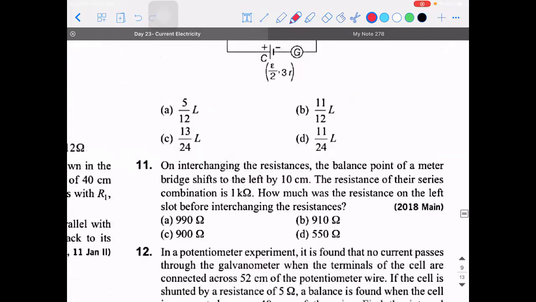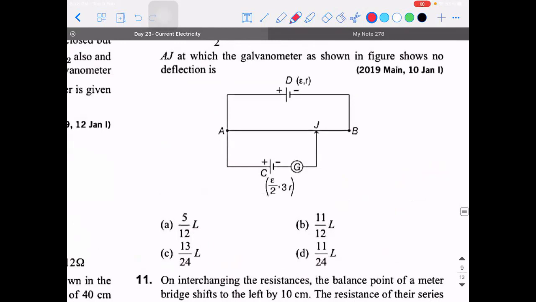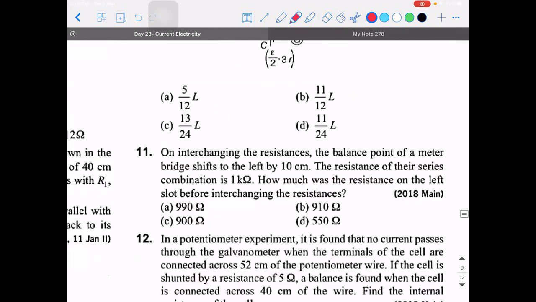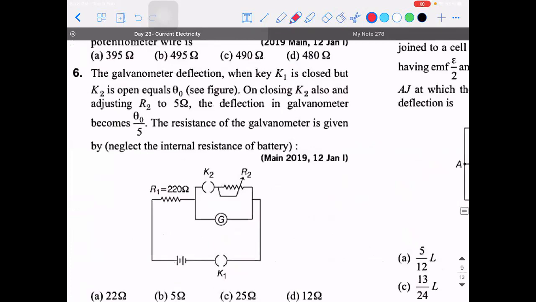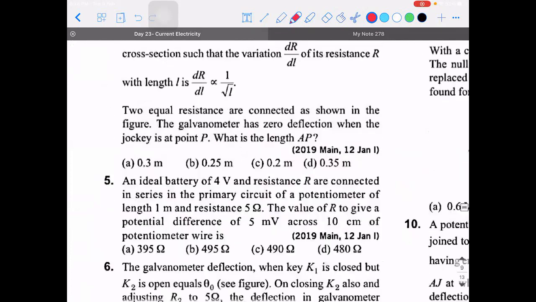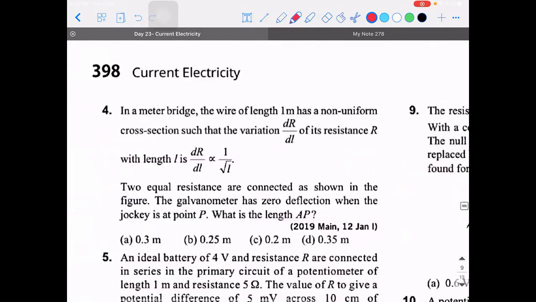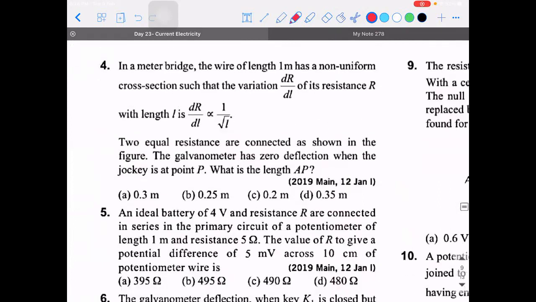Actually, in this, they have combined galvanometer as well. So I'll do one thing. We'll finish with meter bridge. Tomorrow we'll start with potentiometer and galvanometer also. Guys, tell me one thing. Do you want me to complete magnetic effects of current and then explain about galvanometer? Or are you ready with the problems?